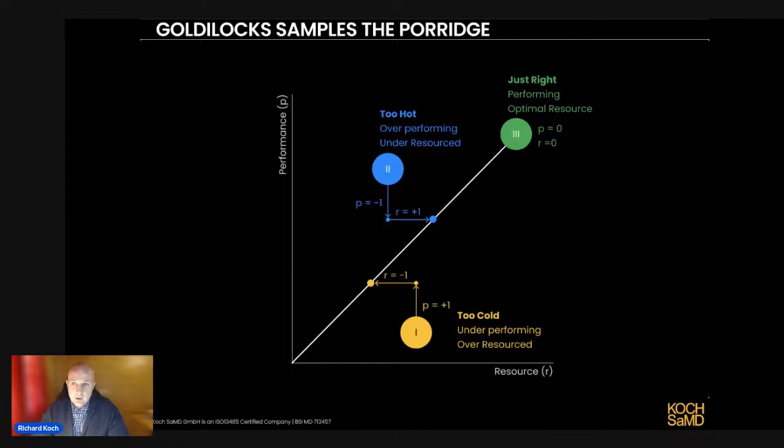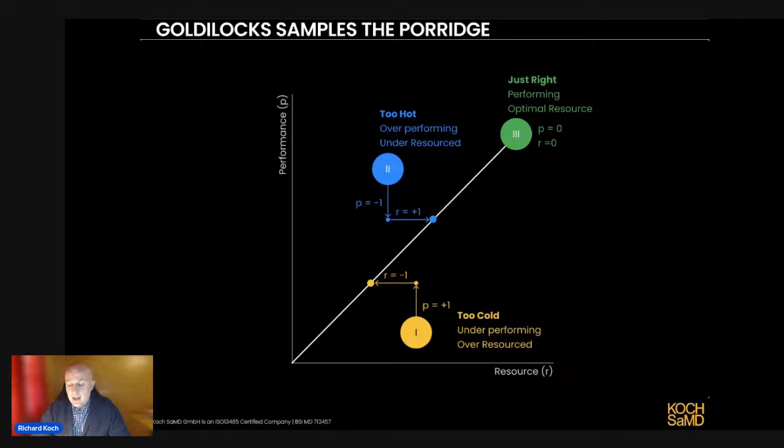And then we've got class 3, which is a just right. And I think this is my experience in consulting, that the higher the risk class, the better compliance you have. What we see there is that they're on the line. So we don't have to adjust anything. They don't have to change performance. They don't have to change their resourcing. Okay, so that's the first analysis.